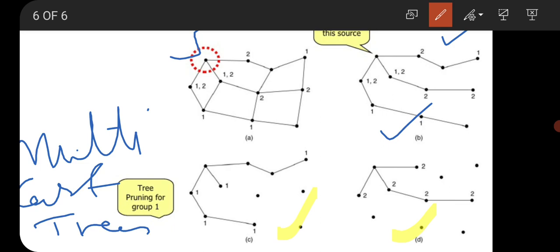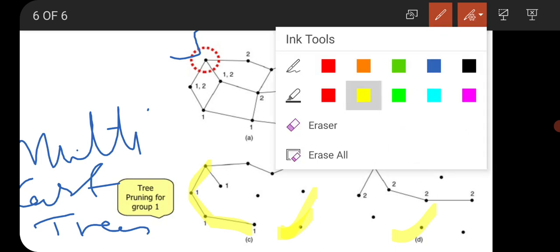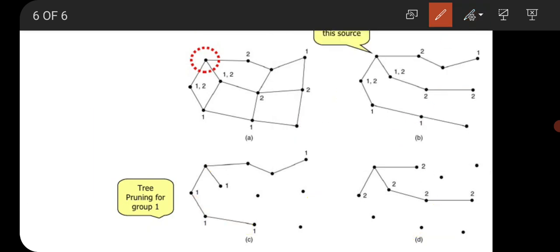Now we will trace. This is the source, and we start from here. For the first tree, we will join only the nodes which belong to group 1. Starting from here, this belongs to 1, this belongs to 1, this belongs to 1. This node doesn't belong to 1 or 2, so it is not considered.